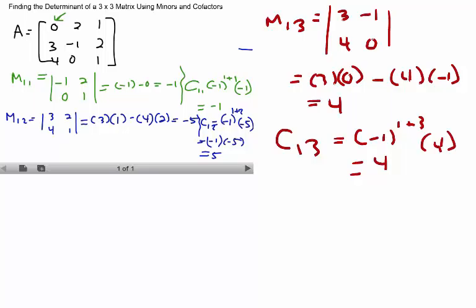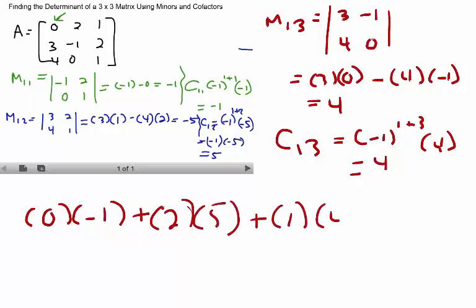Now, we can obtain our value of the determinant by multiplying the value of our cofactors with the entries along row 1. Our first entry is 0 times our first cofactor, -1, plus... actually, let's put our entry first. So we have 2 times 5 plus 1 times 4. So you'll notice right here that because the entry in row 1 is 0,